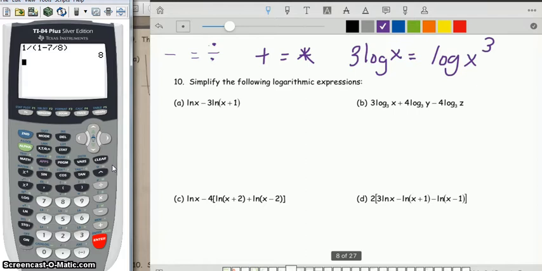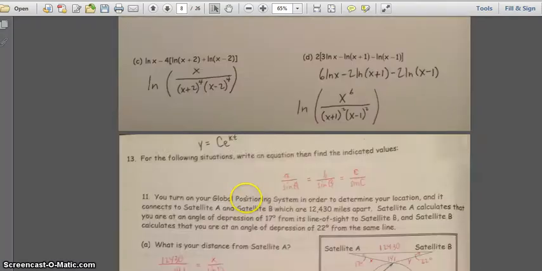We're asking you to get it to where you either have one natural log or one log by itself. On the answer key, I actually did the step-by-step as to how to get them there. I'll show you the answers here in a second. But minus would become division, plus would become multiplication, and if there's a number in front of the log, it becomes the exponent for the inside. So if you look here,